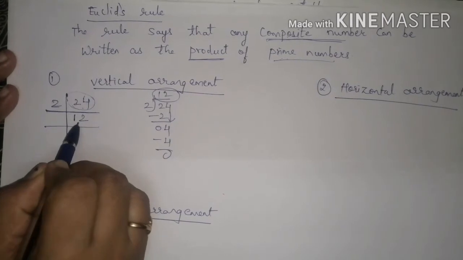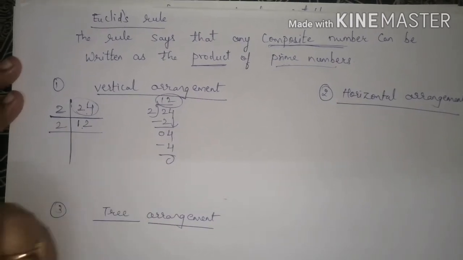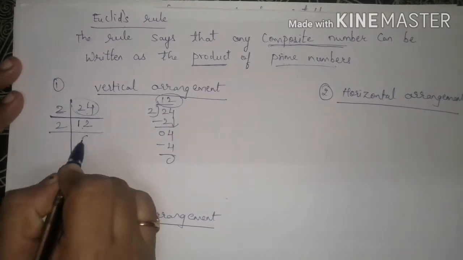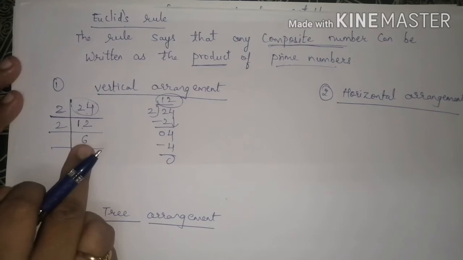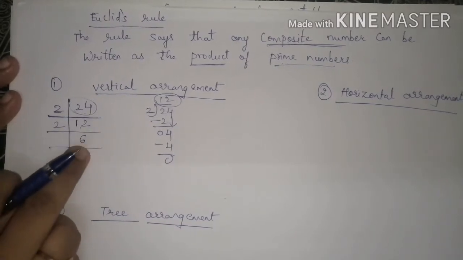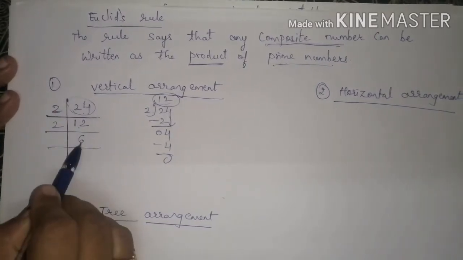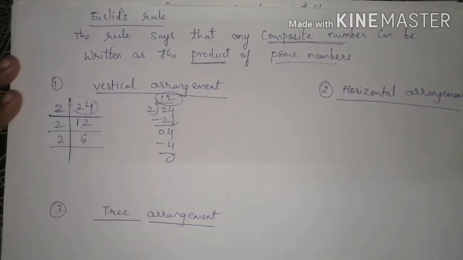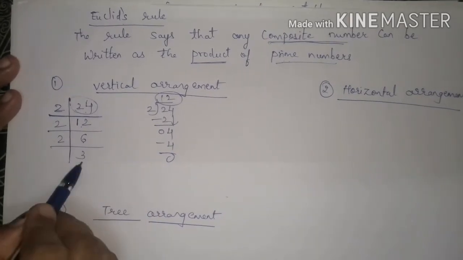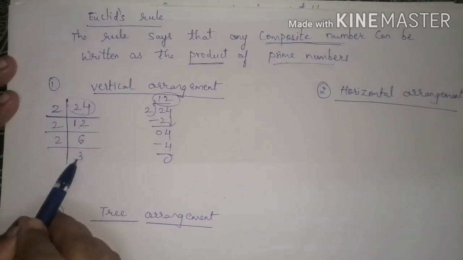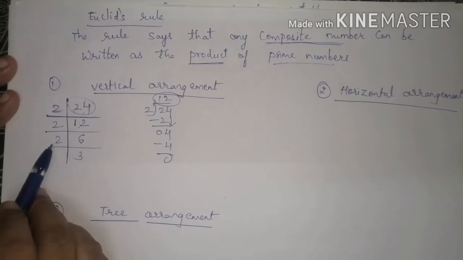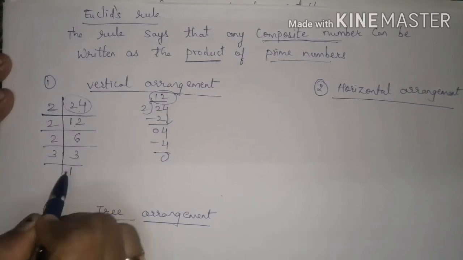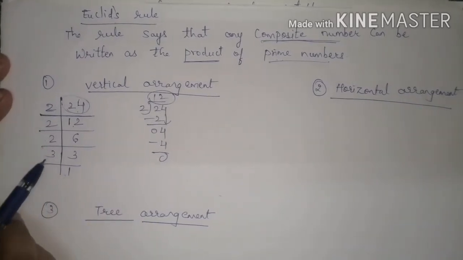Now again this 12 will get divided by the next 2 only. 2 is a prime number. We want all prime numbers only. In the 2's table 12 comes, 2 sixes are 12. So 6 here. After dividing, the number should be written below. Now again for 6 we have to think which prime number it will get divided by. Again the 2's table, 2 threes are 6. Now 3 doesn't come in the table of 2. After 2 the next prime number is 3, and 3 comes in the table of 3 only. So 3 ones are 3. Till here 1 comes, we go on finding these factors.